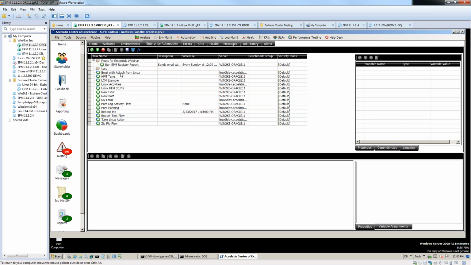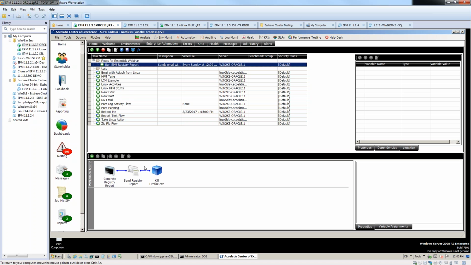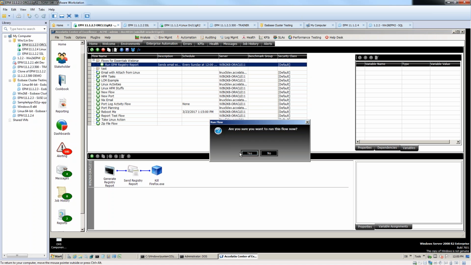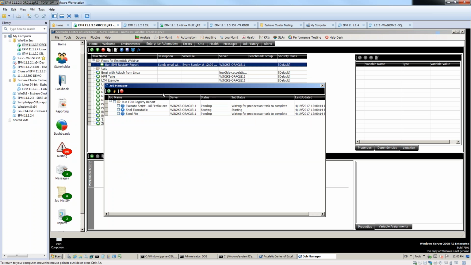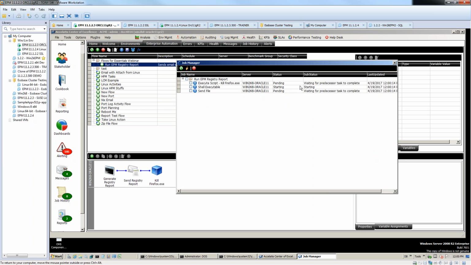And I did want to launch a quick test for us. In this case, I'm just doing an EPM sys registry report, and I want it emailed to me. So if I launch this, okay, it's running on this box, which is why this comes up, but I want to show you that I can open up Job Manager, and I could see the steps that are running. So it's running this executable right now. The other two tasks are waiting for that to finish. If I keep hitting refresh,